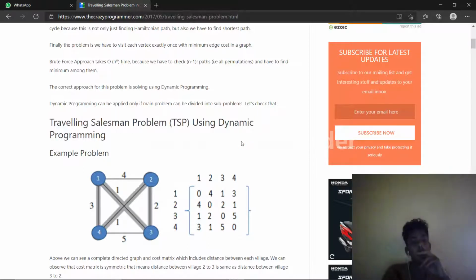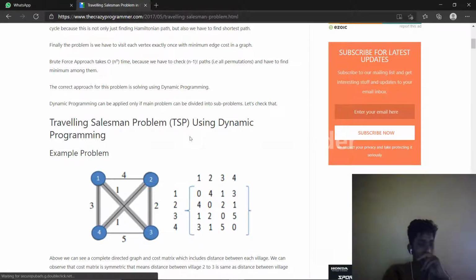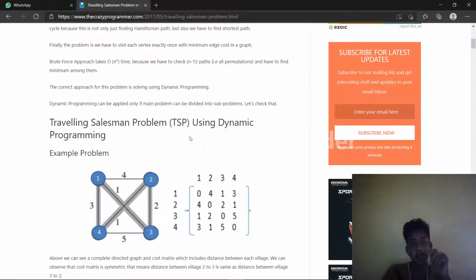They have given a particular set of cities. This is one of the types of problems, that is, the traveling salesman. The salesman is going to visit a number of different cities. In those cities we need to find the minimum cost, that is, which path will give the less distance. So that is the calculation we are going to do in this video.